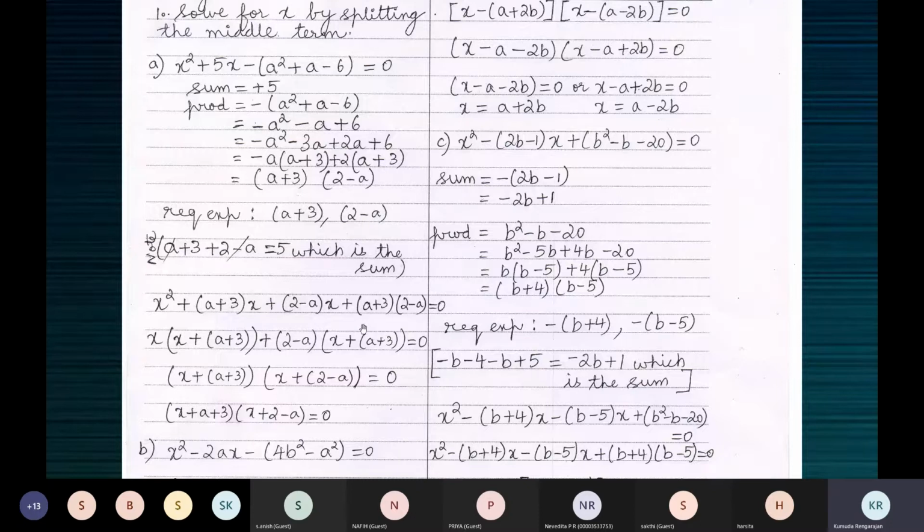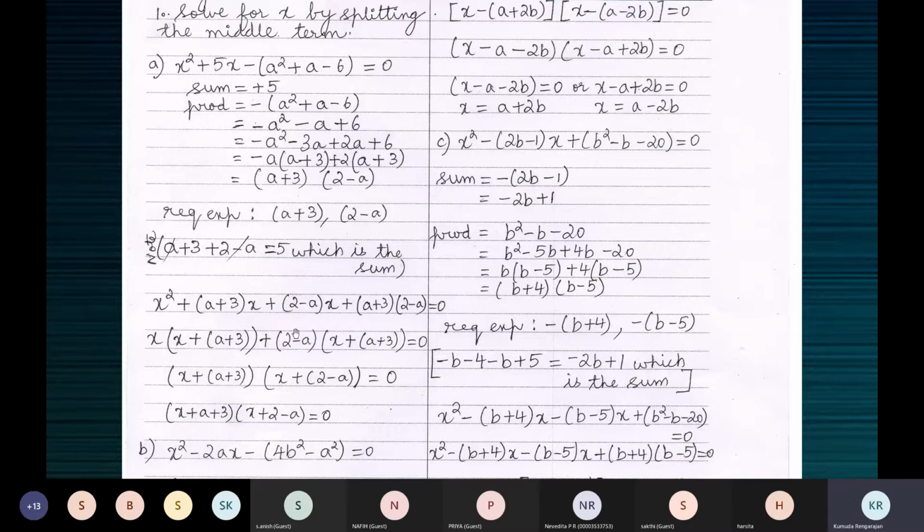And this one is the fourth term. The terms are connected by a plus or minus sign. This is not a plus 3 and 2 minus a are not two different terms. See, the separator is the sign plus. So this is one term, this is the second term, the plus here. So this is the third term, plus here. So this is the fourth term.